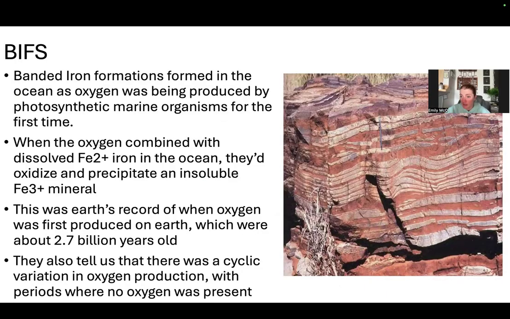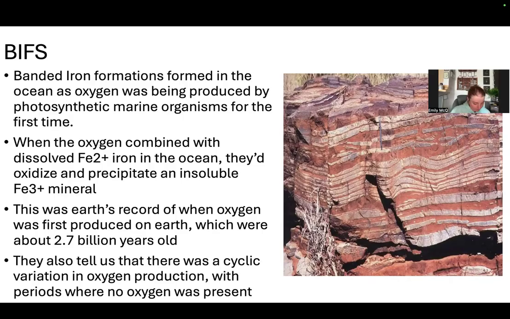And when that happened, geologically, this created some of the coolest structures that I know. I have two samples in my room, and I'm very excited about them. They're my oldest known rocks. They're about 3.5 billion years, or 2.7 if you look at when oxygen was at its peak. And these are called BIFs, or banded iron formations. So basically,